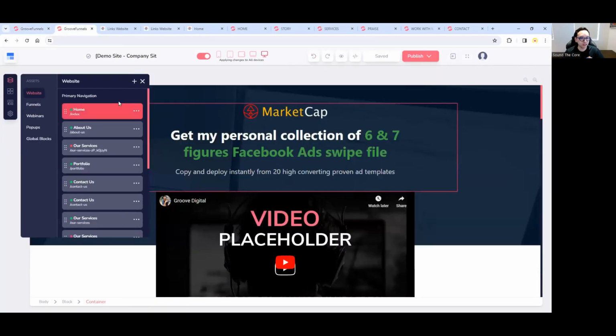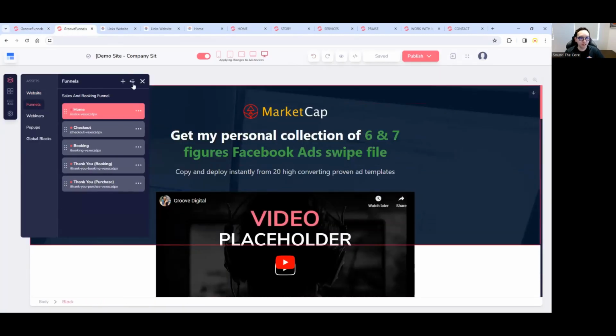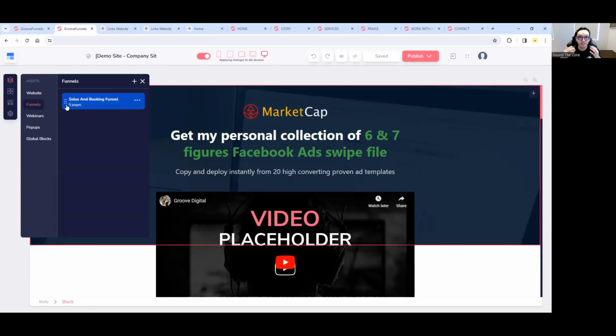But for funnels, you can think of it as a folder. It is a folder where it exists under your domain, for example, 5dayswebsitechallenge.com. And then you can just think of funnels as a set of pages which is used for a specific purpose. So in this case, this set of pages make up the sales and booking funnel. It is meant to make sales and it's meant to also make a booking for the business,